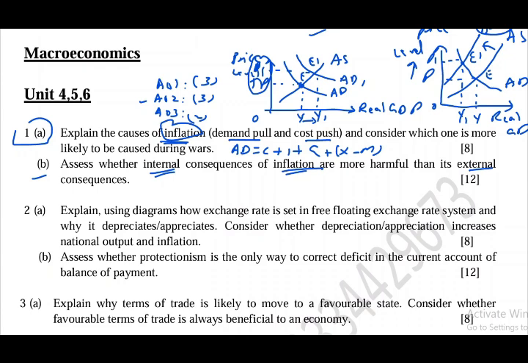So, internal consequences include fall in purchasing power of the consumers. Where inflation occurs, people are unable to purchase even basic necessities in many cases. If we are talking about the poor class, they mainly spend on basic necessities such as food, shelter and clothing, so they are affected a lot because they can't afford basic necessities now.